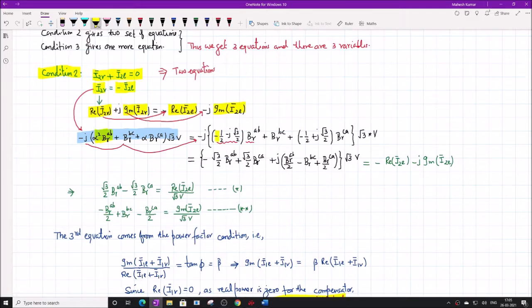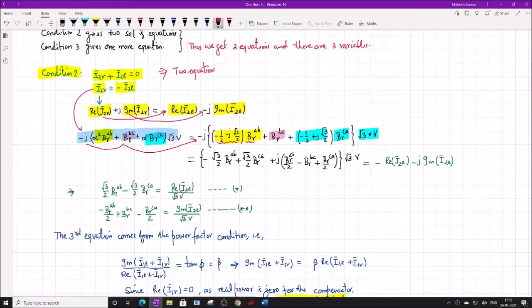Okay, this is the first term. The second term is b gamma bc. So b gamma bc is no problem because it is simplified. There is no alpha component here. And the third component is, what is that? Alpha into b gamma ca. So this is alpha into b gamma ca into root 3b. Again we collect the coefficient of real and imaginary parts. We will get